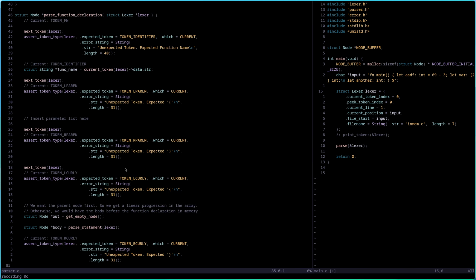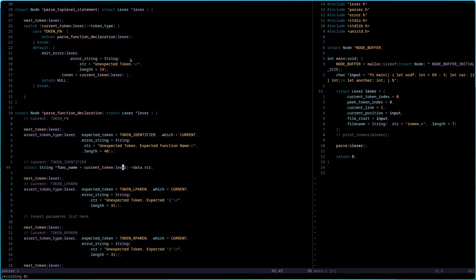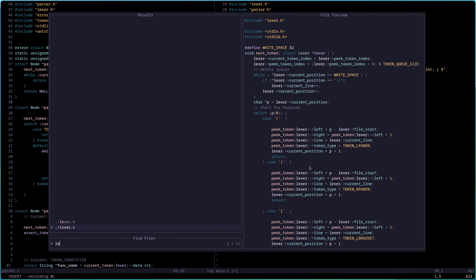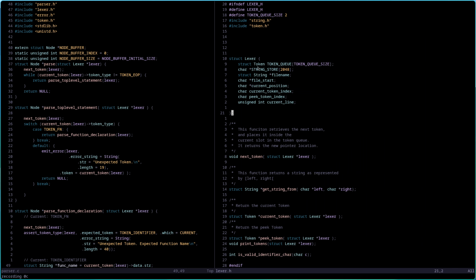So we get very nice cache coherence. And I have embedded all of this inside the Lexer. As you can see here, token queue, the string store, and the buffer is actually not inside it. I should probably push this into the Lexer. Why would I want to do this?